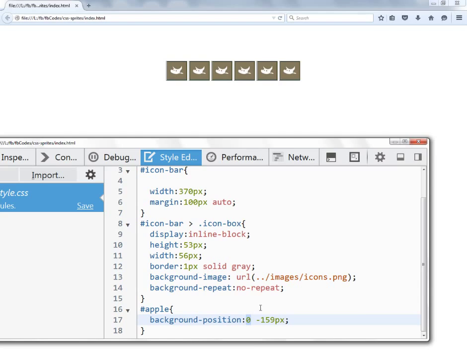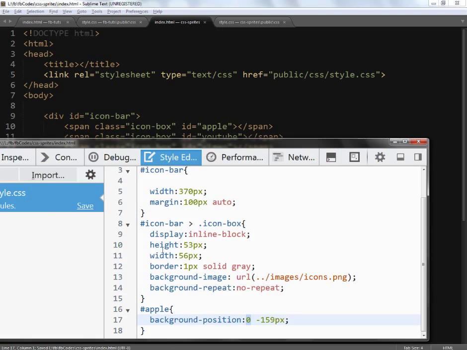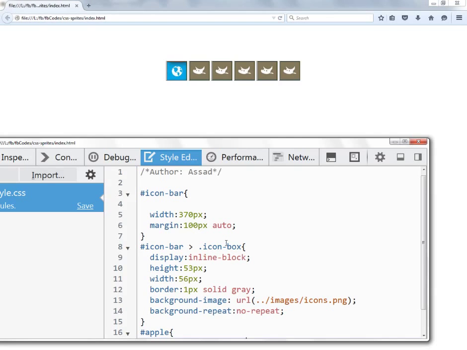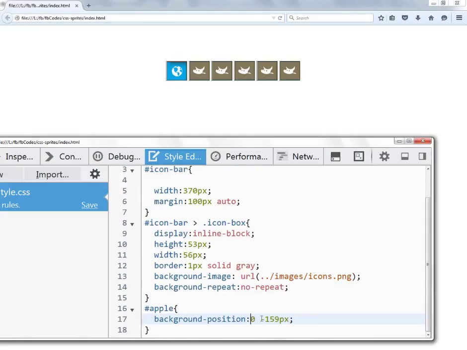I guess something went wrong. Alright, I forgot to refresh the page. Okay, as you saw, I just targeted the vertical axis. So I go down to 159 pixels,